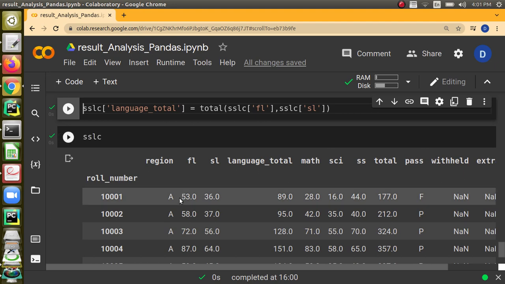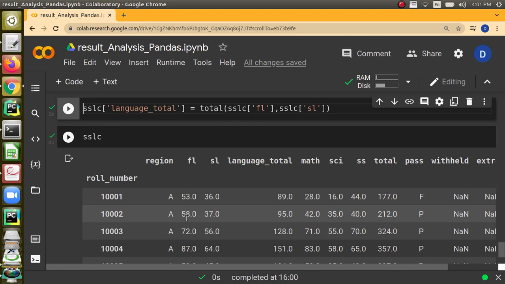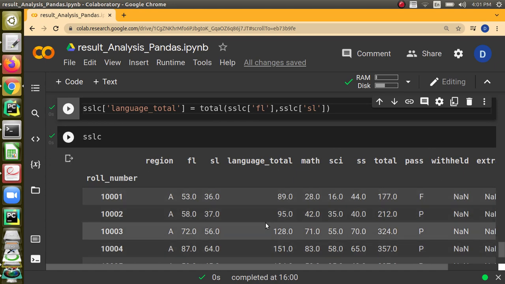For this particular row, it will take 53 and 36 as the values and call the function. And for the next time 58 and 37 and call the function. You can see that the total is correctly given, right? And it will assign to the particular row's language total also. This is possible by a concept called as broadcasting, which is present in NumPy as well as pandas. So now we have added in a column where we are finding the total of first language and second language by using a function.